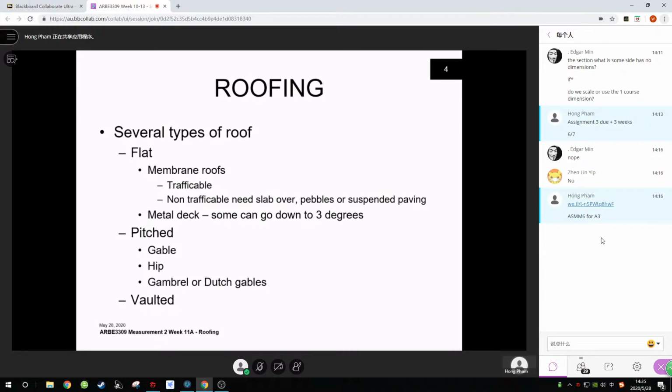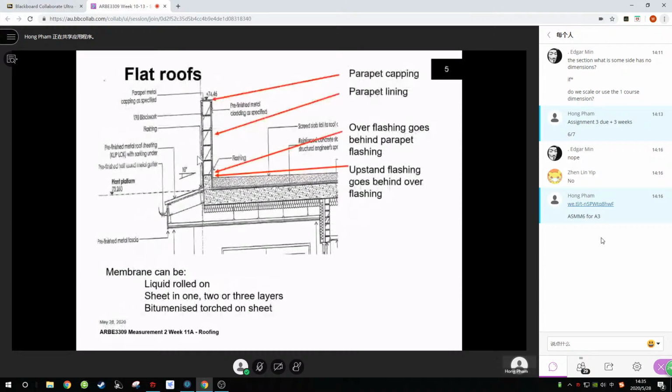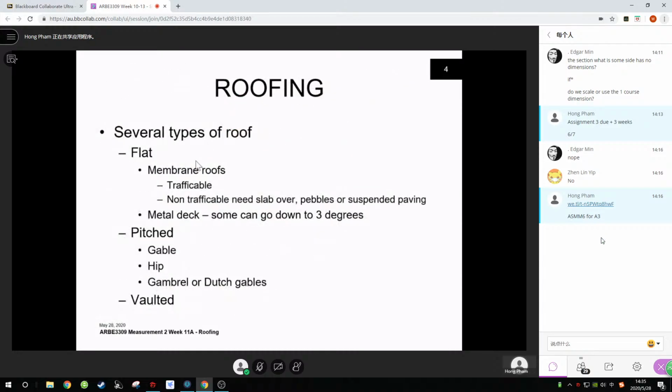You can't lay that down on a very low pitch because it can fill up. If it's a heavy deluge of rain, it'll fill up before the water can run off it and get through where the sheets lap. There's pitch roofs, and I've got some little photos of gables, hips, and